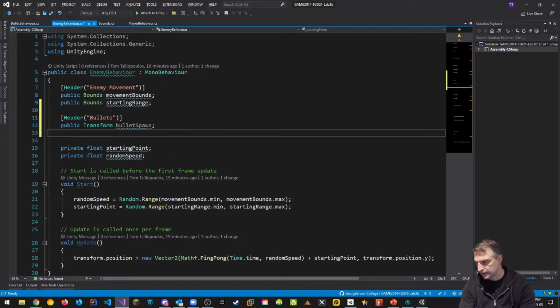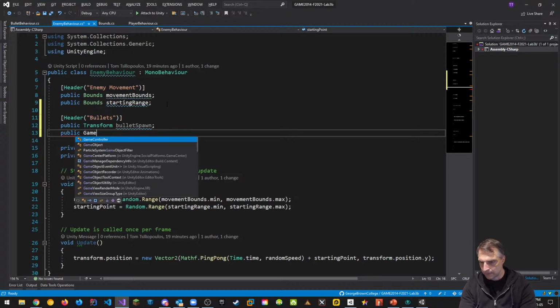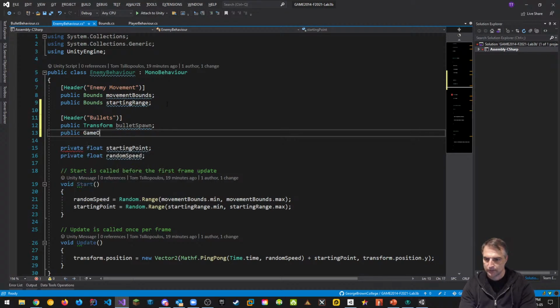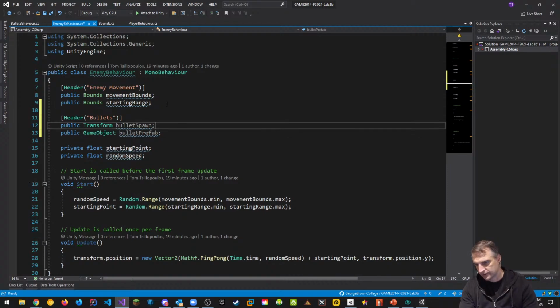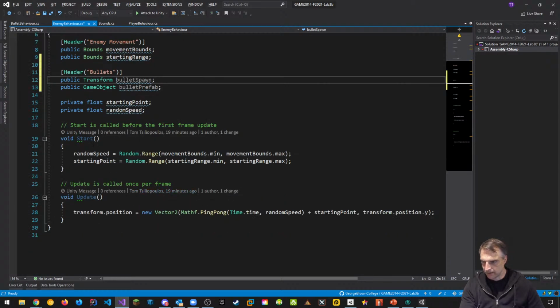The other thing I need is the prefab information for the bullet itself. So some kind of public game object for the bullet prefab. I need a bullet prefab to generate the bullet. We're going to do it the old way first. Okay, and inside of my code, what we're going to do is